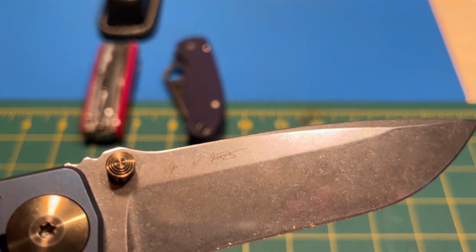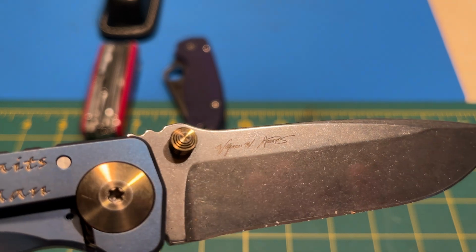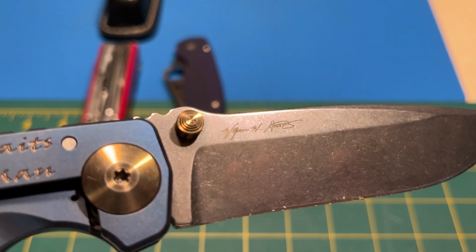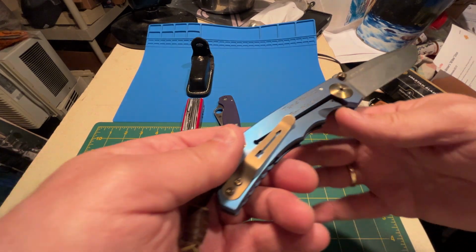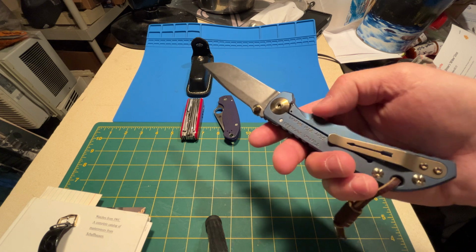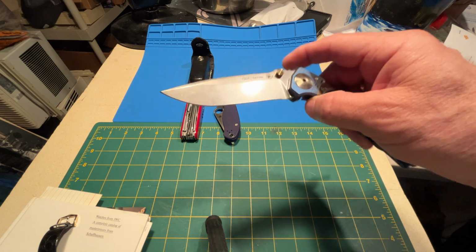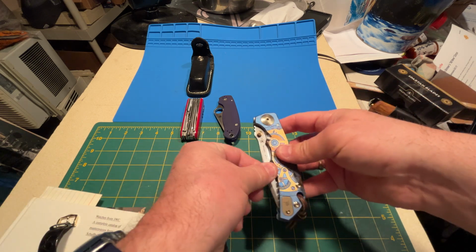There you go. I didn't know much about him, but he's very famous in the knife design making circles. He's quite prolific with his designs for the government and so on. And it's a frame lock, obviously, and just a super duper knife. This is big. This is about 9 inches long